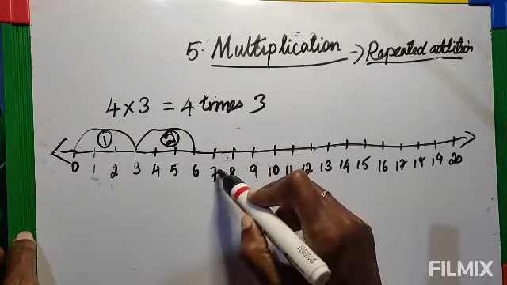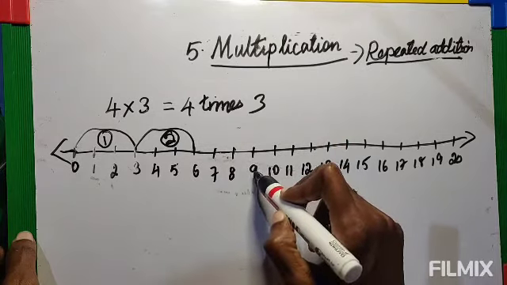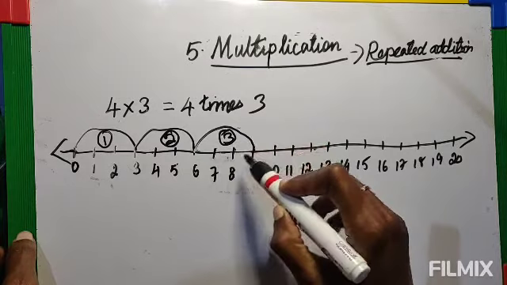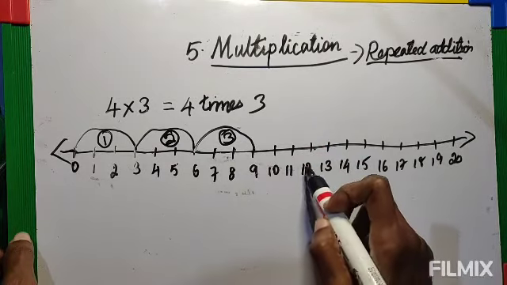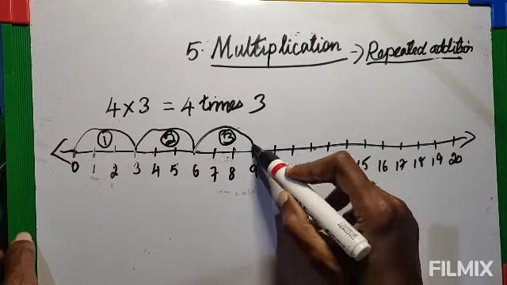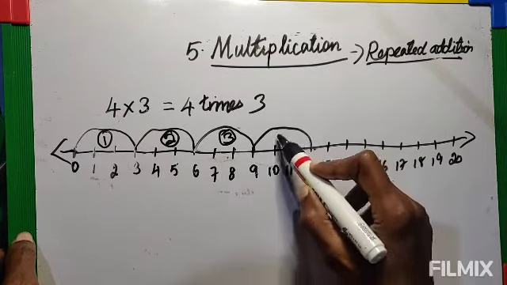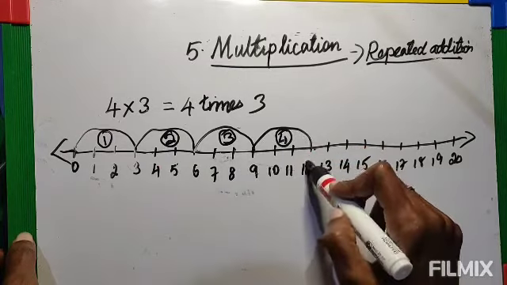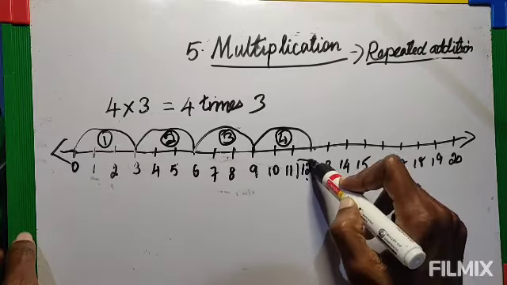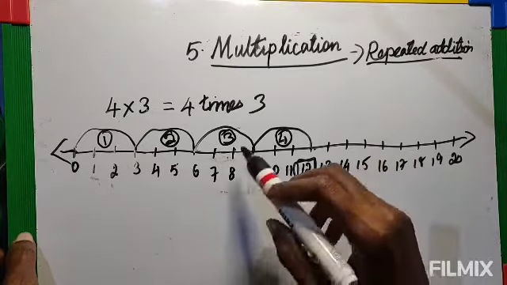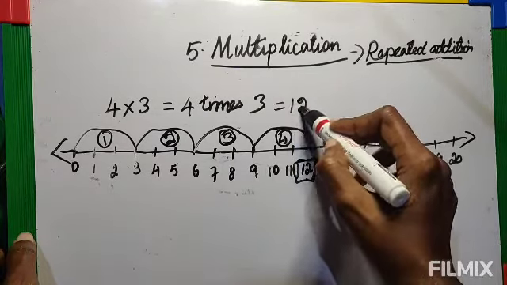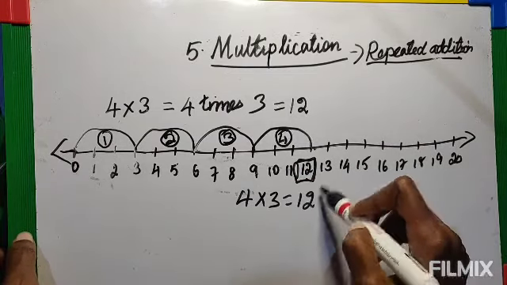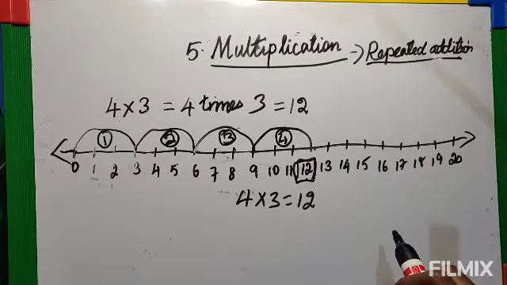Again now the third time, 1 2 3. So the third jump is on 9. So this is 3 times. Now again the fourth time, 1 2 3. So the fourth time is 12. So we jump here to 12. This is 4 times. So 4 times we have jumped 3, 3, and we have reached the number 12. So the answer is 12. Down below you have to write the answer. 4 3s are 12. This is the way you have to do it.